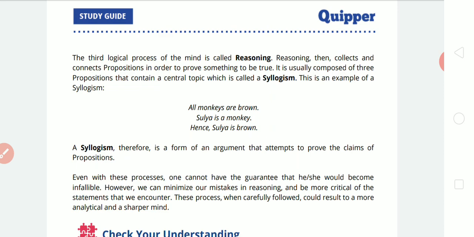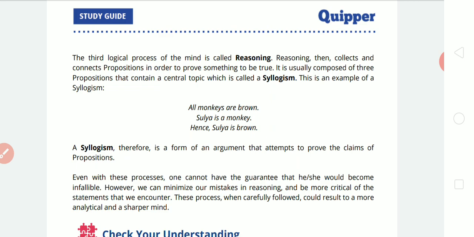Okay. So aside from deductive or inductive arguments, the syllogism is a form of argument which attempts to prove the claims of propositions. It is also an argument trying to persuade the listener, the other individual, that certain propositions or statements are true, not false, but factual. The syllogism always attempts to prove the claims of propositions, generalizing what the propositions mean.